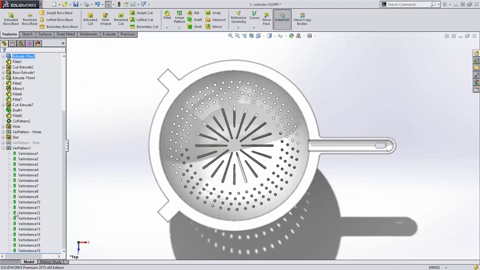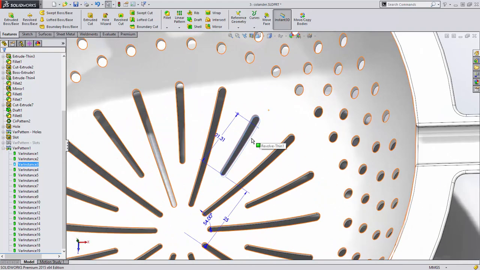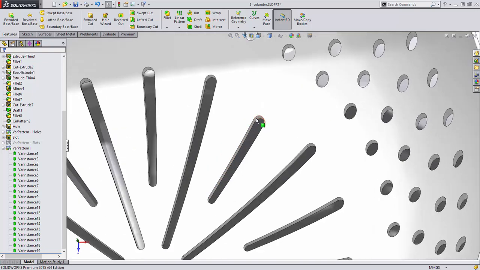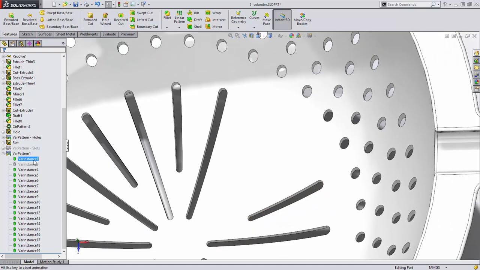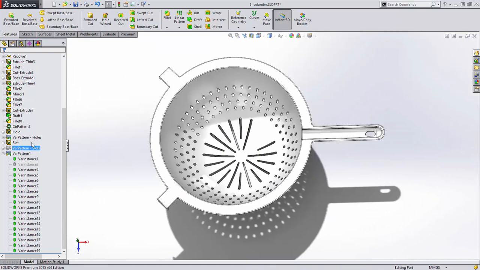Each instance is listed in the Feature Manager under the Variable Pattern feature and can be individually controlled on the screen. An instance can easily be skipped by suppressing it, and deleting the instance will remove it from the table. The variable pattern is a very powerful new feature of SOLIDWORKS 2015, so let's take a look at some other